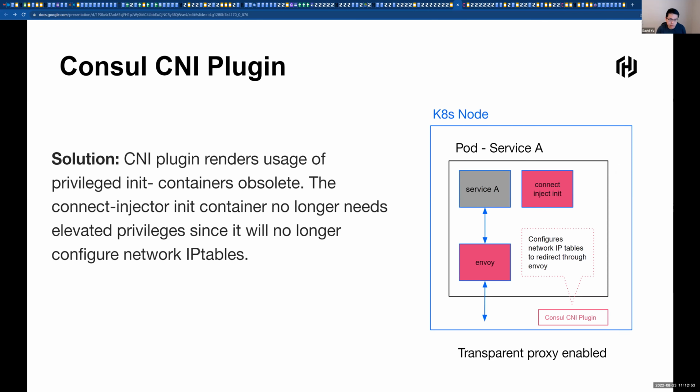What we did was we actually built a CNI plugin that allows you to configure that outside of the container itself. And so essentially what that means is it no longer requires you to deploy your workloads with any kind of privileges that are needed to enable something like that. And so this Consul CNI plugin is not really meant for network traffic, but it's essentially a CNI plugin that handles the actual configuration of the iptables rules for you. So it handles it as part of the CNI spec and that whole life cycle. And so that allows us to essentially configure a transparent proxy for you securely. If you go to the next slide,